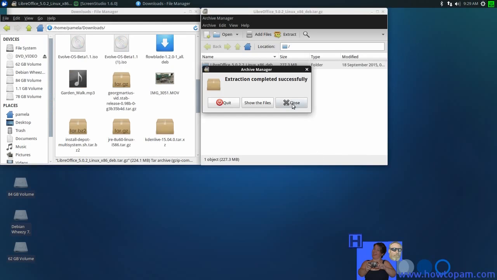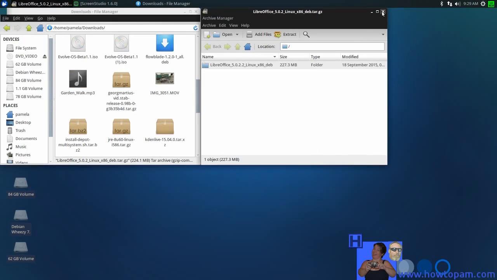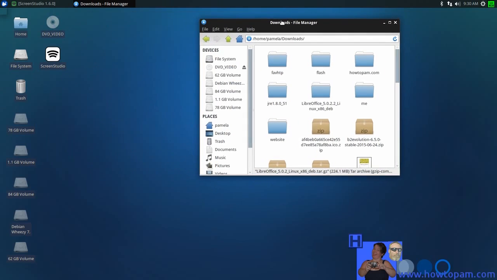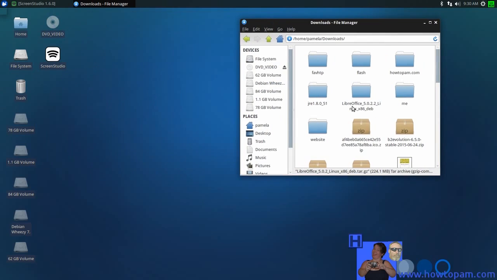It's completed successfully. Let's close that. It's called Libreoffice. So let's go and have a look here. There it is right there. It's extracted right there. So leave that open for a minute, because we're going to have to change to that